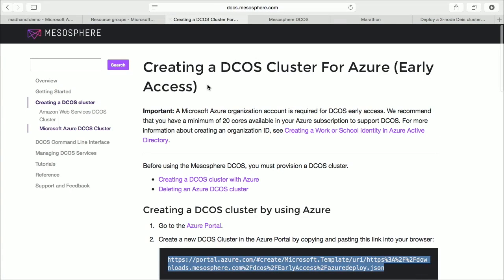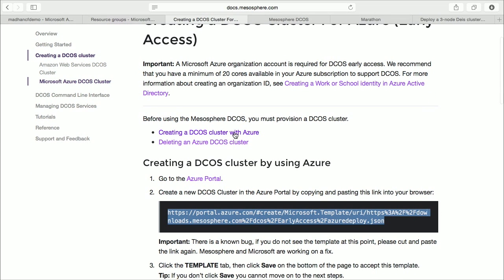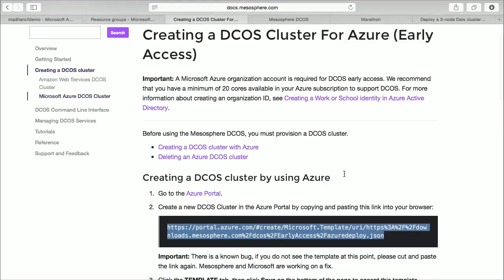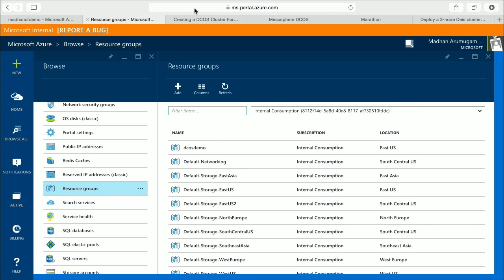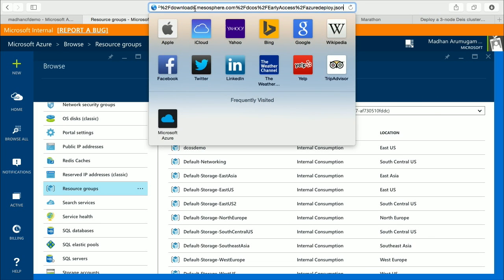So I'm going to show a quick demo if we can switch to my screen. Here is the documentation from the Mesos website that we worked on together. It shows you step-by-step information on how to get going with bootstrapping a DCOS cluster on Azure. And again, we see the template example. So what I'm going to do is copy the location. This is basically a direct sign-in link if I'm a portal user. So I'm going to go here, and I'm going to paste that as a custom deployment.